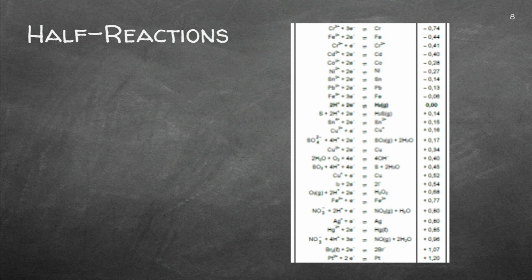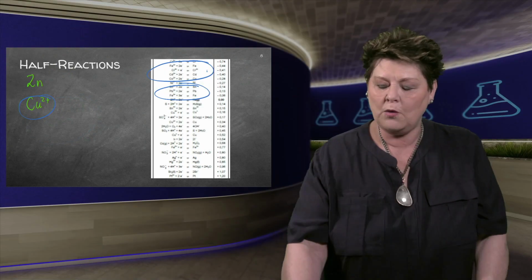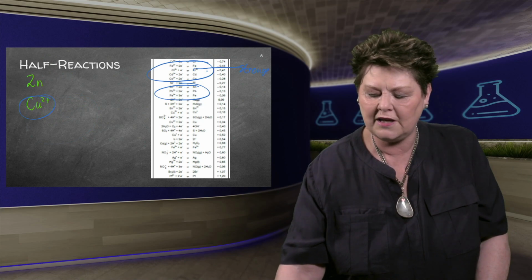Let's say, for instance, you've got a half reaction, you've got zinc, and you've got copper 2 plus. So what's going to happen? We're going to have a look. Where's zinc in this table? You'll find it somewhere at the top, and the copper 2 plus will be at the bottom. So you will have a look and seek where the two substances are that they give you, and you will then see in their position. The one at the top will be the stronger reducing agent.